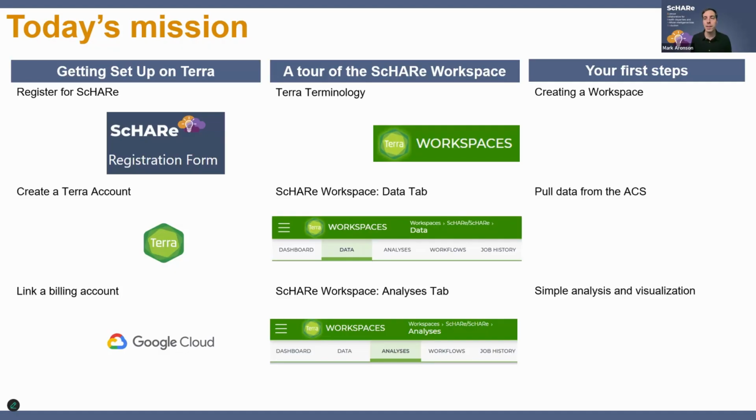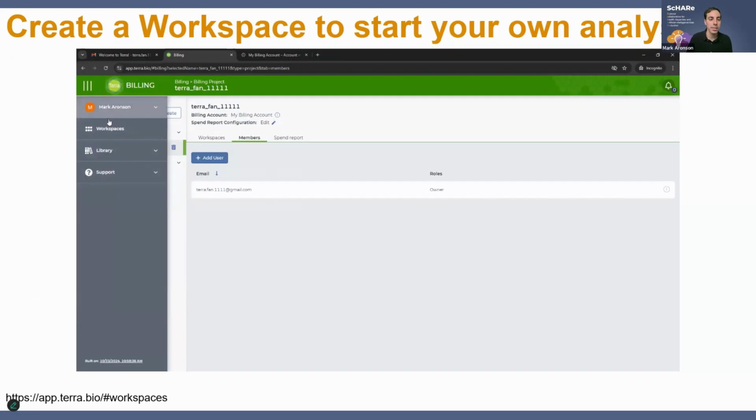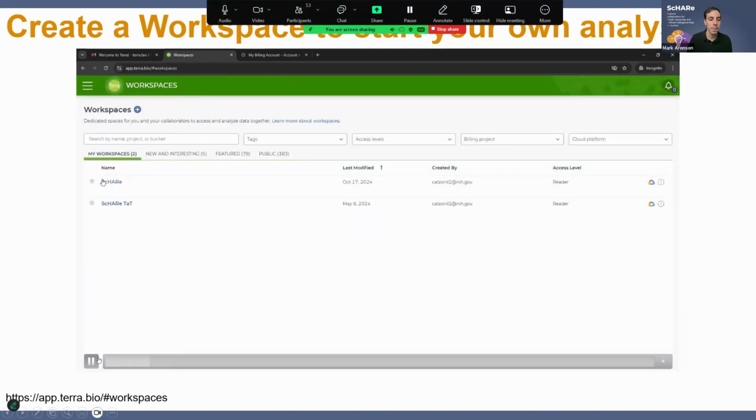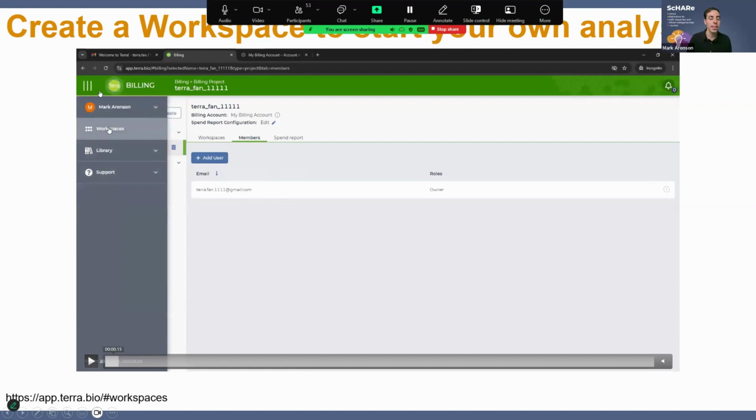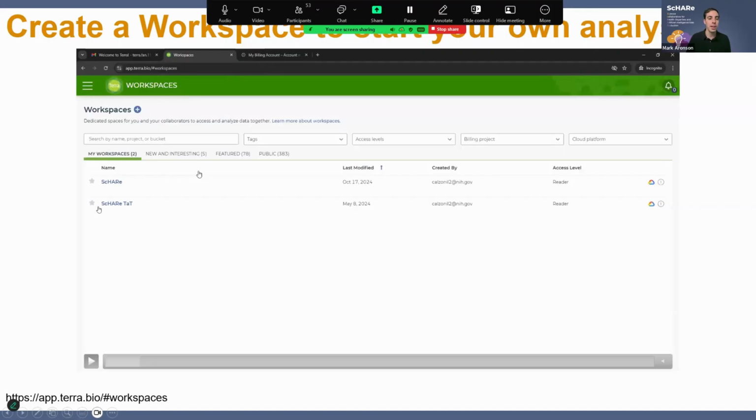So for creating your workspace, I'm going to go back to those recorded videos. And so we're going to start here, sorry, I'm going to jump back for a second. So in that left-hand menu that you get to by clicking that hamburger icon, you're going to click the workspaces menu. And that's going to take you to this page right here. So here, as long as you've registered for ScHARe properly, you should see both the ScHARe and the ScHARe Think-a-Thon